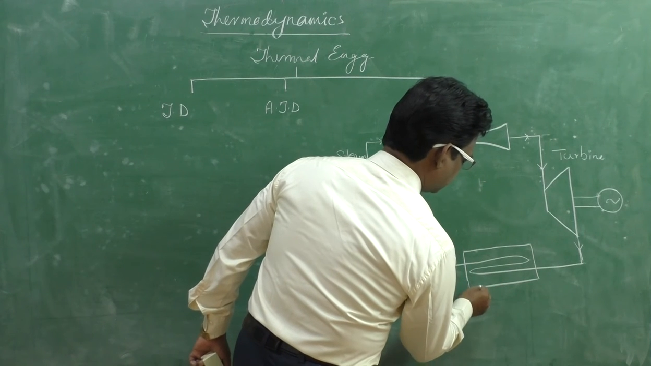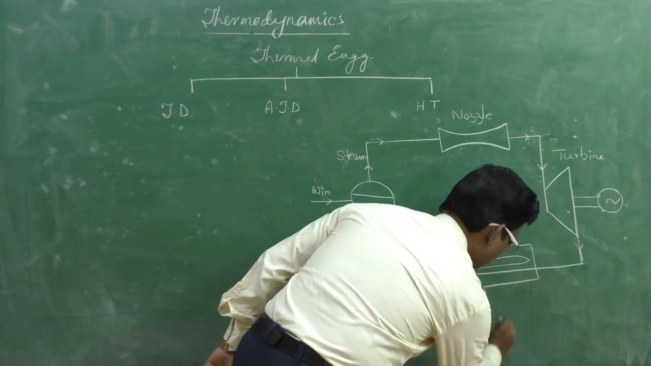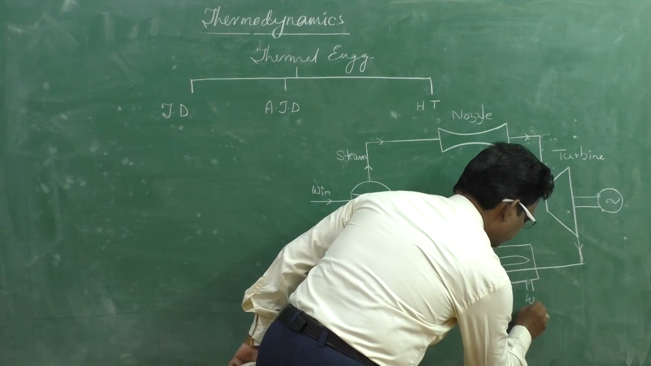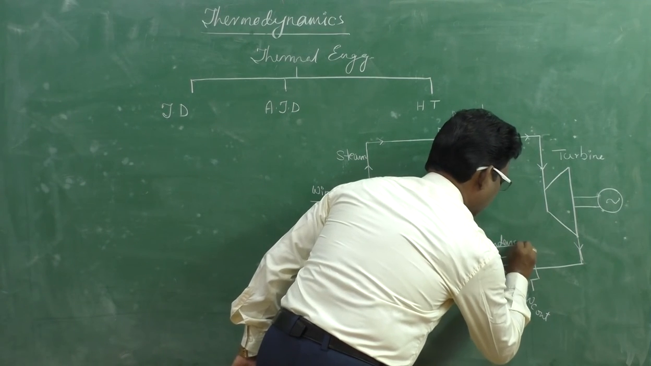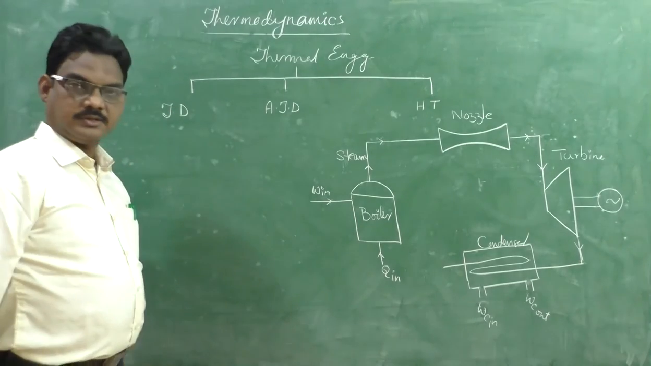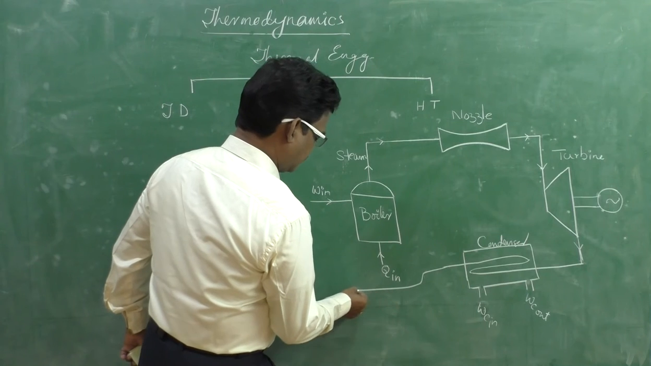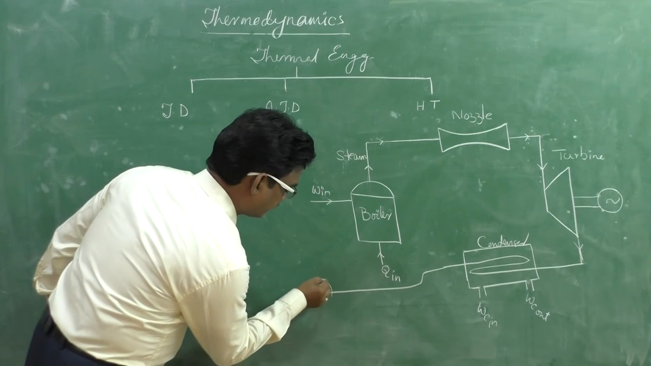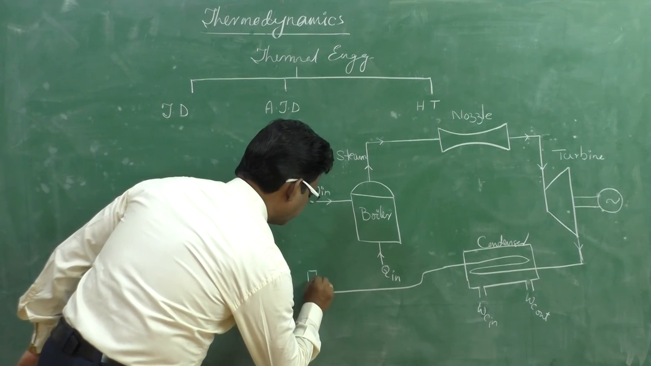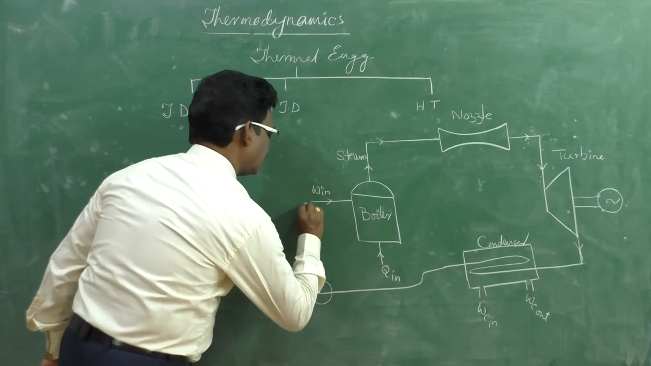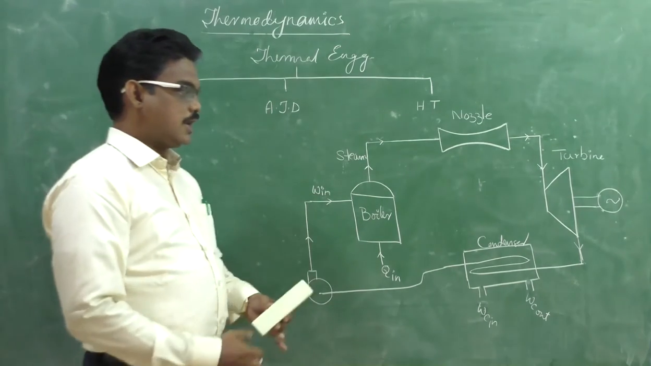Okay, this is cool water in, cool water out, and this is the symbol for condenser, right? Condenser. After that, the condensate which comes out of it will enter into a feed pump, and from the feed pump again the water, the condensate, enters into the boiler, and the cycle is